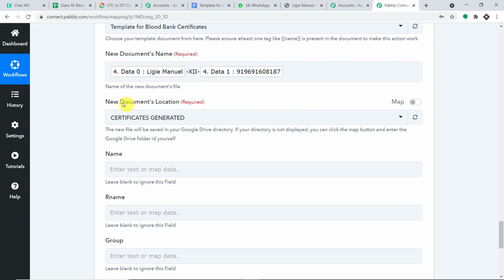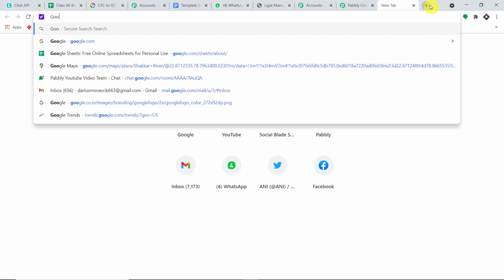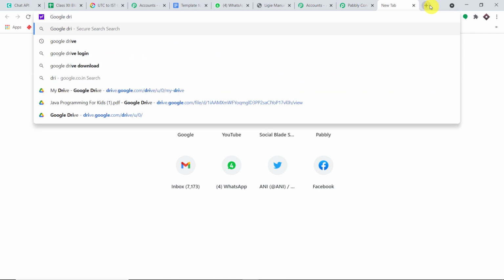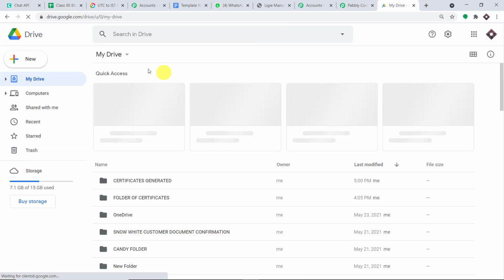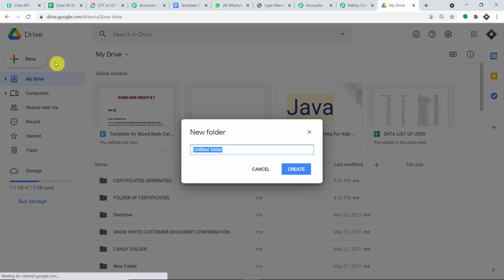Now we have to mention the document's location. When a certificate is created, it will be added to my Google Drive. Let me take you straight to my Google Drive. This is my Google Drive. I'm going to create a folder for the newly created certificates. I'm giving this folder the name certificates from docs.